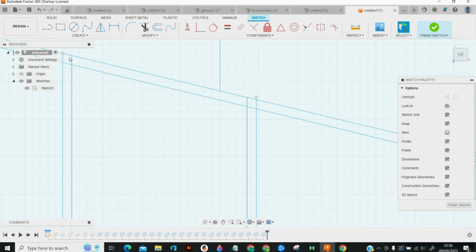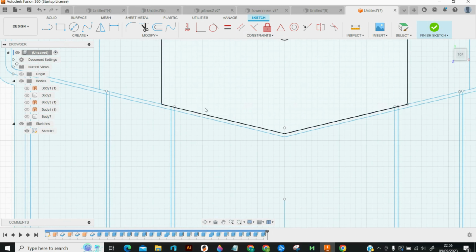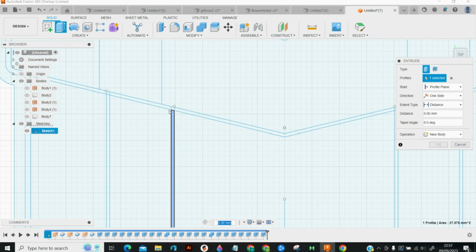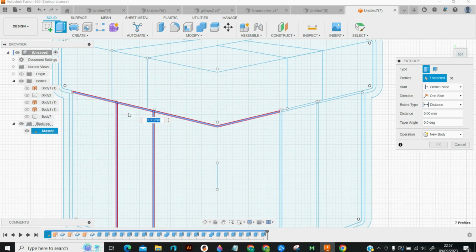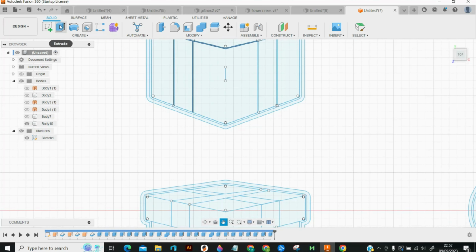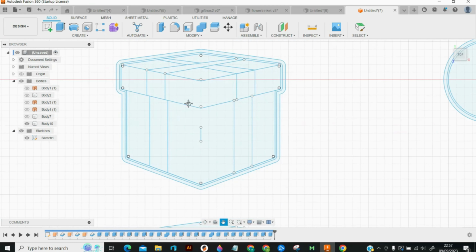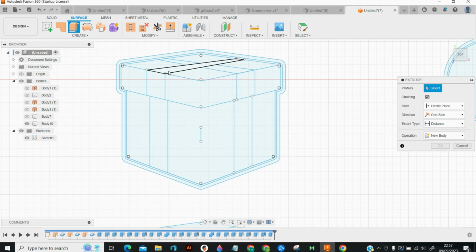Now, if you have a look at all these little cross sections here, you want them extruded. So I could either go in and snip them all, or when I have to extrude, I have to make sure I don't miss any of these little areas. So I'd have to make sure I didn't miss that little square, didn't miss that, and extrude from there. So that's why I don't tend to use this extrude unless it's a solid imprint body. So what I tend to do is I have to figure out what to extrude first,